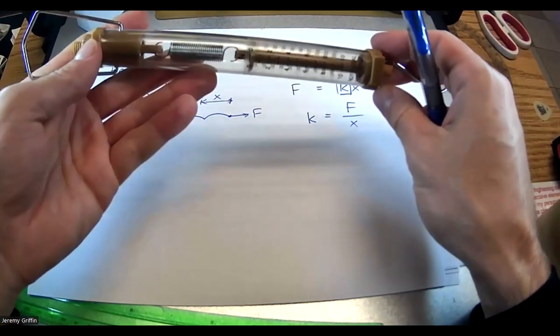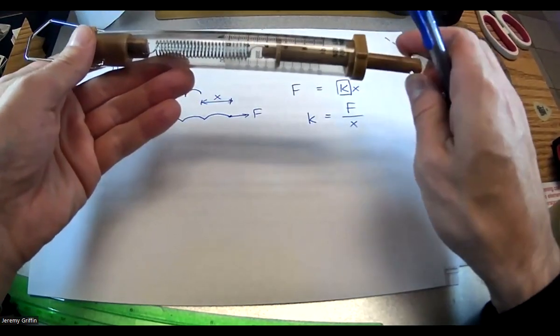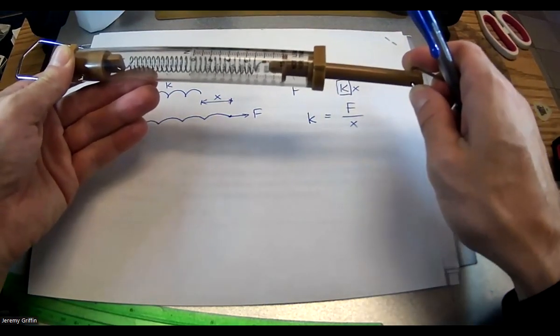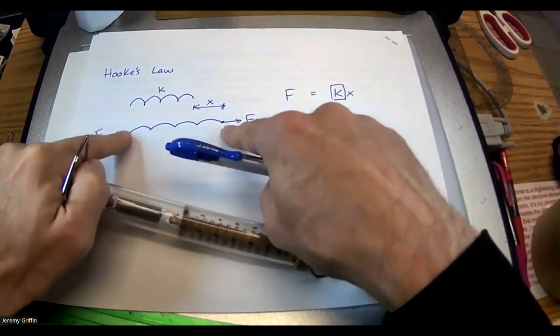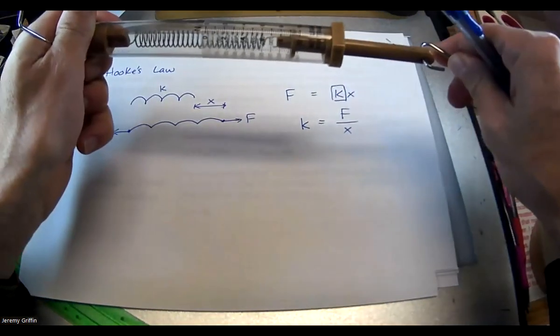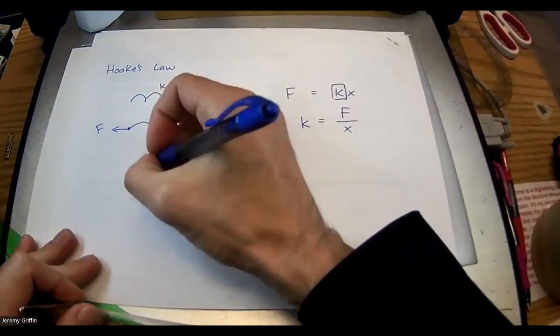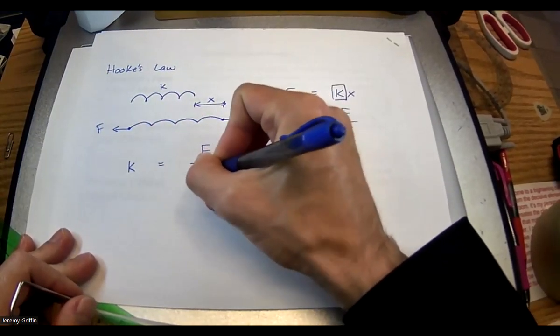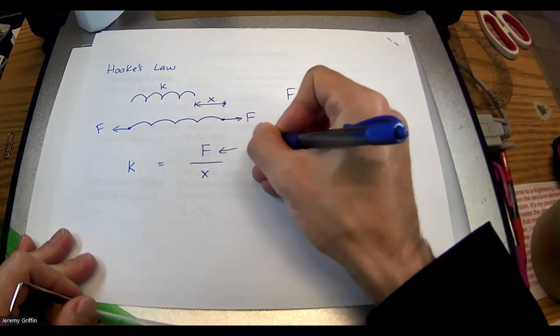I'm going to ask you guys some of the other ones here in a minute. Okay. Suppose I max out the scale, which is like 10 newtons. There's 10 newtons right there. Right now I'm applying a 10 newton force. Actually, a pair of forces, right? 10 newtons, I'm pulling either way. Okay. So K, spring constant, equals force over the stretch amount. So if I plug in 10 newtons right there,